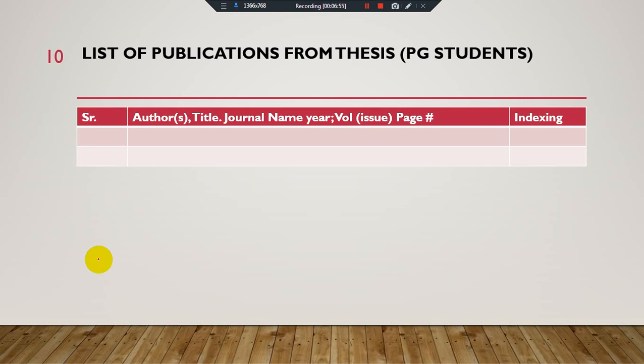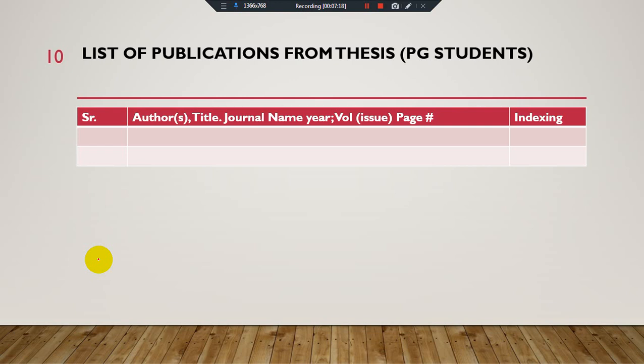They publish a research paper in an HEC recognized journal or ISI indexing, because for the MPhil level we are not restricting students to go for an HEC recognized journal or ISI indexing.